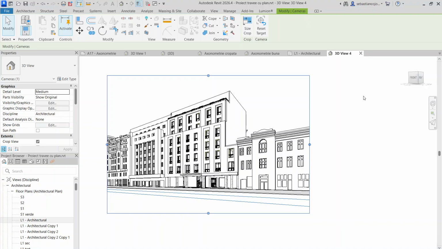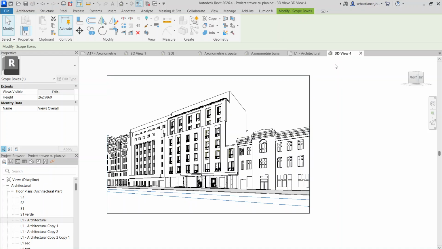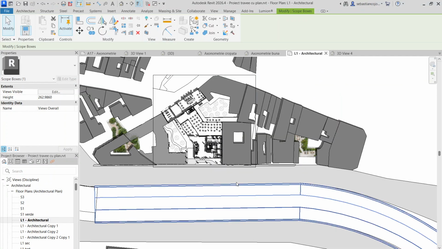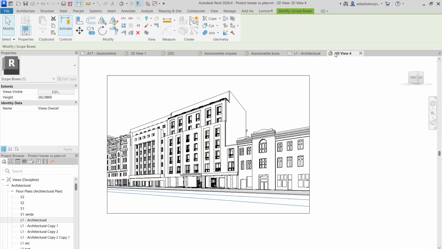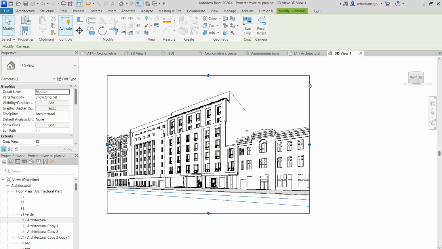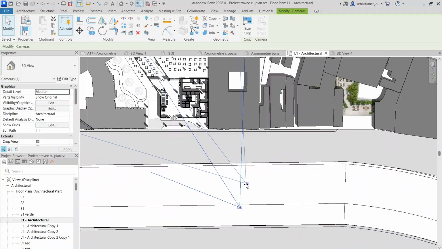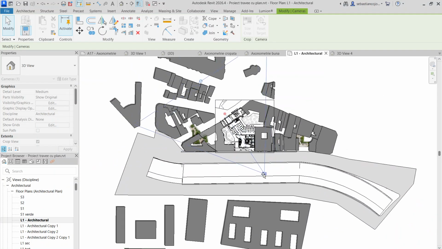Now, if I deselect this window, it doesn't show these bullet points. Let's say it is just black and not blue. If I go to L1, I no longer see the camera, so that would require me to go to 3D4, and I will select this blue, let's say, extends visibility extents of the page, and that will allow me to see the camera. When I click the camera, I can move it,